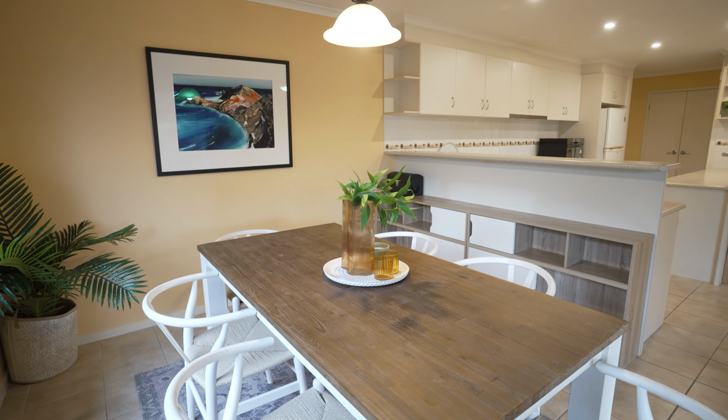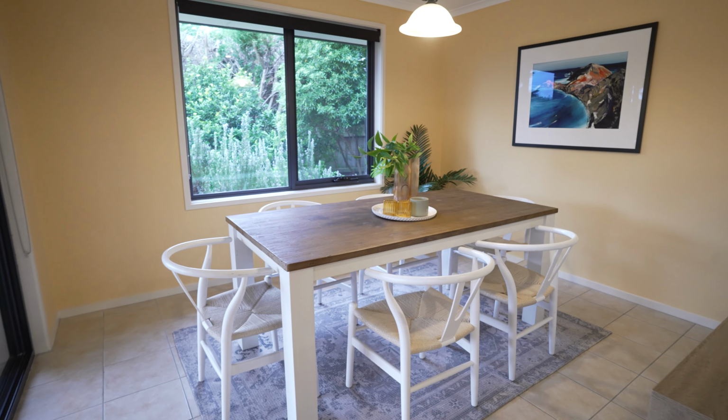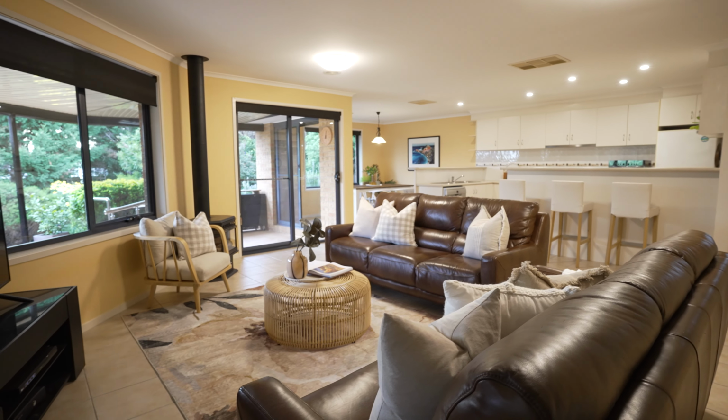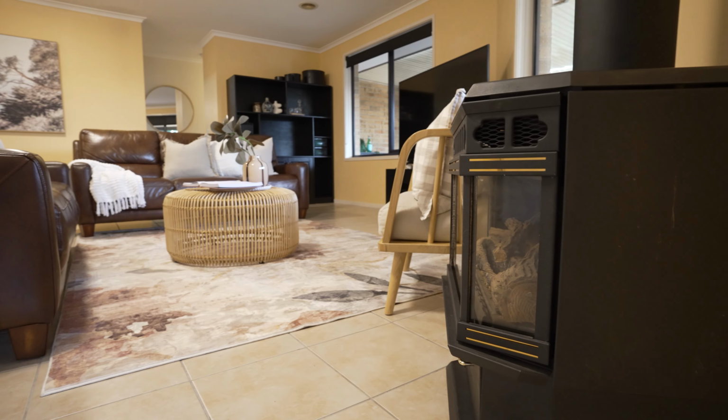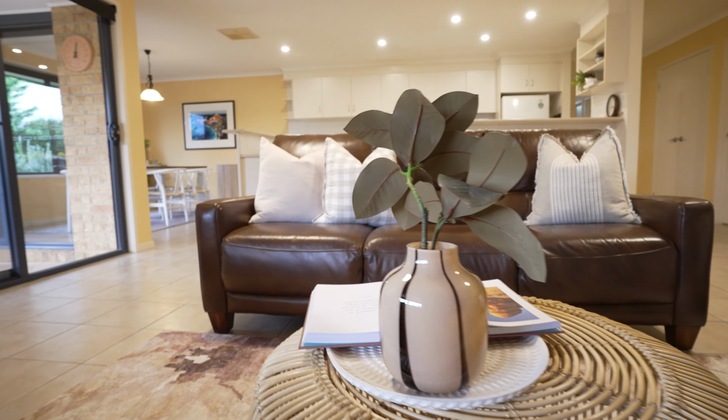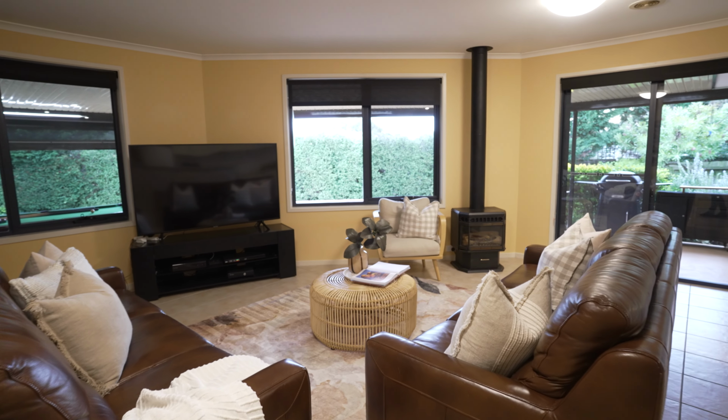You've got an informal dining area, which looks out to the garden. And you feel like you're part of the action. You've got all of it here in front of you. The ducted heating, evaporative cooling, and a gas log fire. Fantastic living area. You can be in the kitchen while everyone's kicking it in the lounge, but it also spills